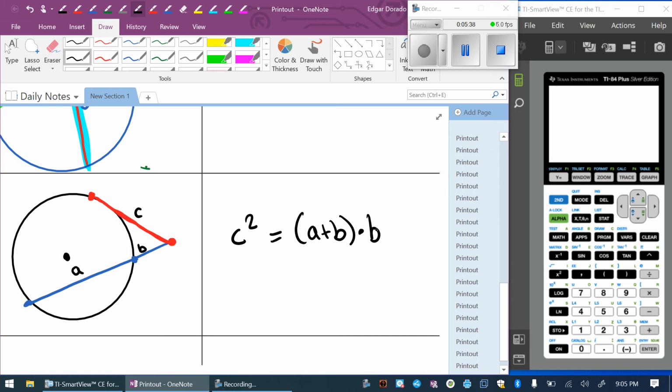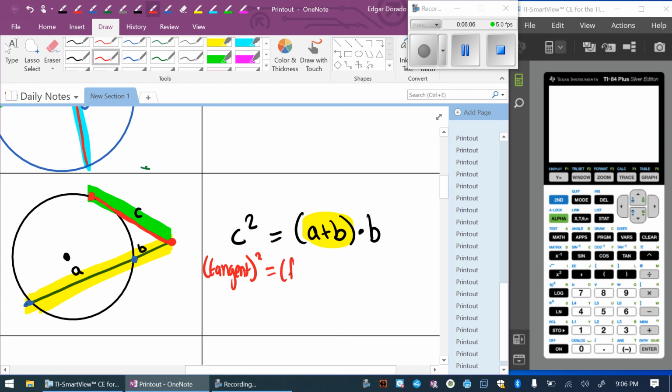And I know that might seem a little confusing for now, guys, but let me show you what just happened, okay? It seems like we took the tangent and we squared it, so I'm going to actually write that right underneath. Tangent, and I squared it, okay? And then what is A plus B? Well, let's see. A plus B, whoops, sorry. A plus B is actually the entire full secant line, okay? So the entire full secant segment. So equals full secant